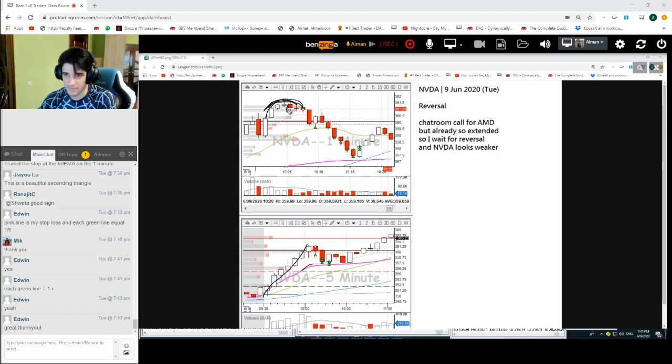This wouldn't have been a bad entry to the short side. So if you shorted here, you will get subbed out, and that's fine. We just look at the price action and we try to get good entries. We don't know when exactly it's going to work out. So you're getting in here, you're getting subbed out, down 1R. Totally fine. You're getting on the next new 1-minute low or new 2-minute low, and then it works out